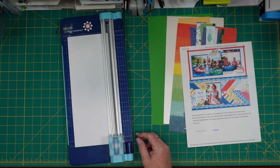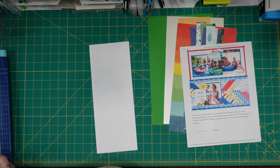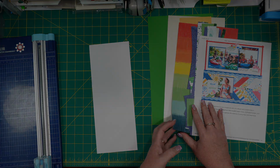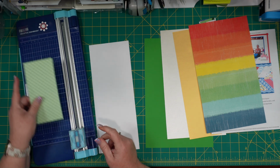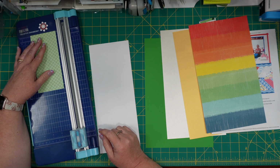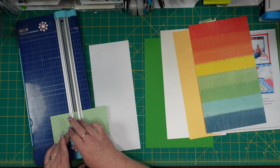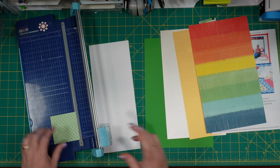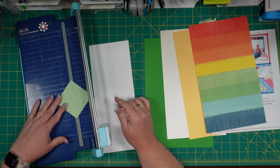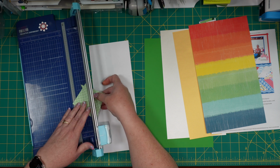Okay. All right. Now, to get these angles the way that you want them without doing 2 separate strips here, this is what I am going to suggest. I'm going to start with a square. So we're going to take this scrap right here, which is measuring just about 3 inches wide. So we're going to cut that into a 3-inch square. And again, I have no idea if this is how the designer of this layout created hers, but I'm going off of my own idea of how I would do this if it were me. Okay, so I'm going to take this 3-inch square, I'm going to cut it into 2 triangles,